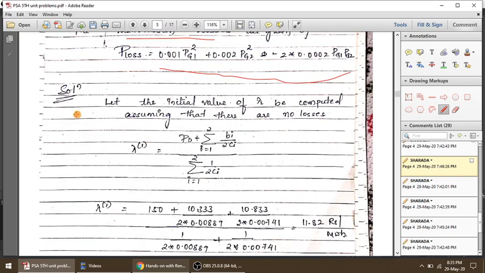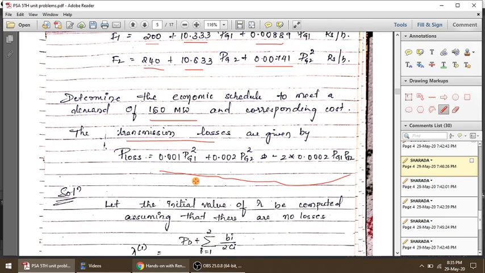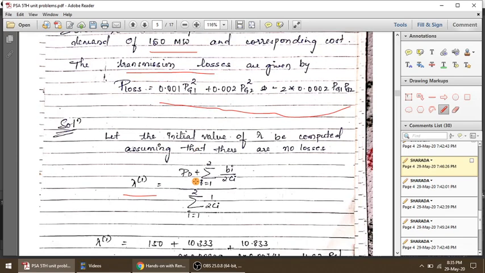Okay, so first step is initial value of the lambda, that is lambda 1 we have to calculate. See, this particular expression, it is not mandatory that you have to go for this expression. You can simply start with any value of lambda. You can just take a lambda value equal to 10, 9, 8, something which is nearer to B values. So you can go for the assumption of lambda value, or you can have this expression to calculate the value of lambda 1. So either way is fine. The second approach, that is assumption, we will do in the next problem.